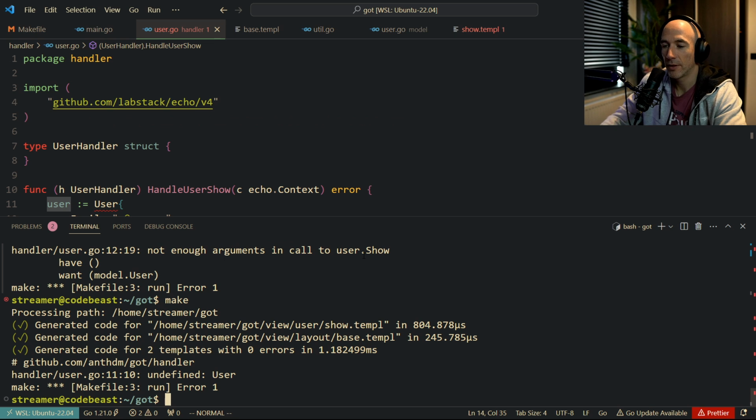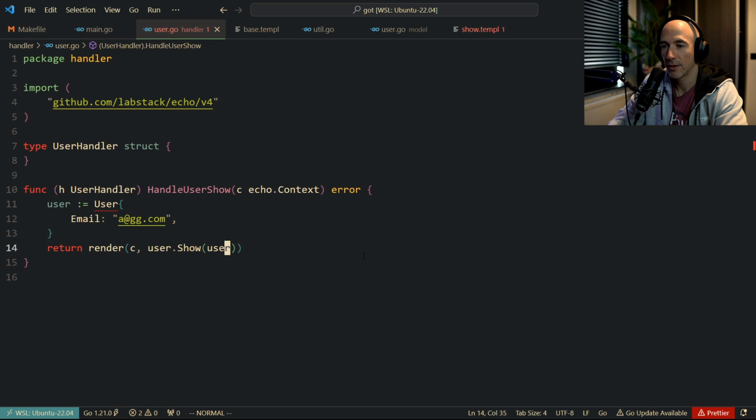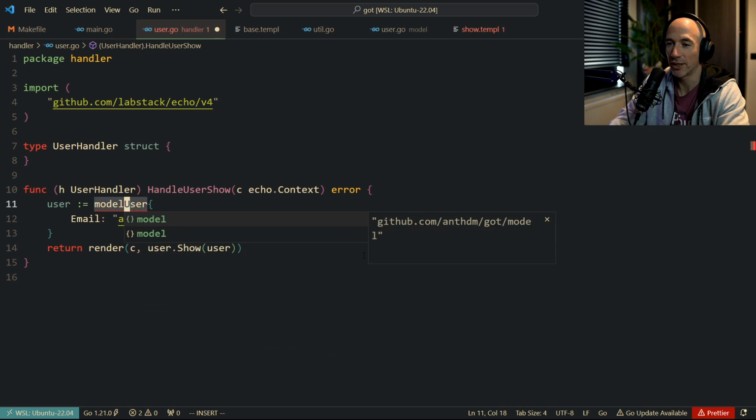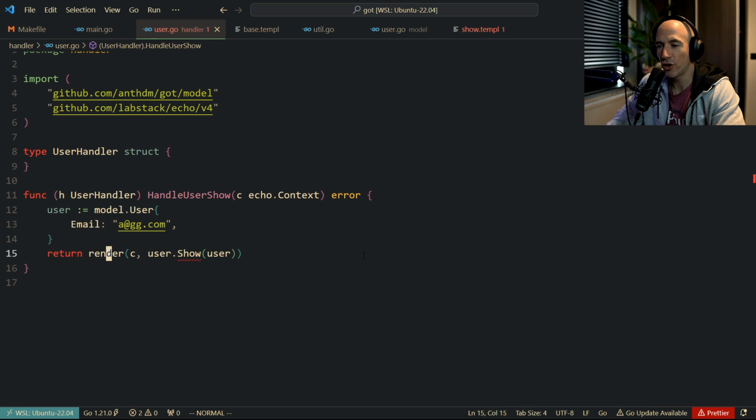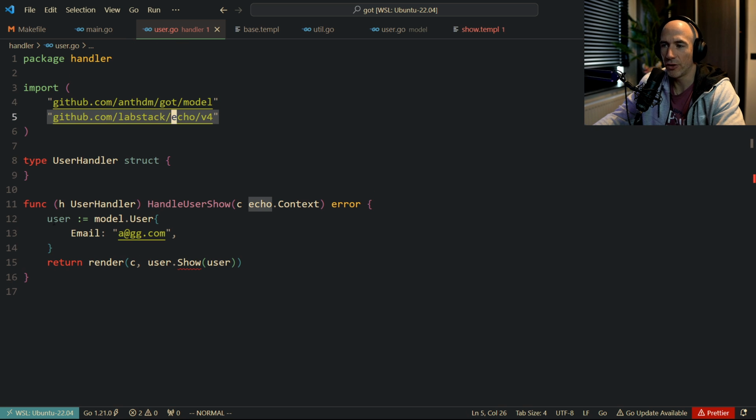What's going on? Undefined user, okay. Of course, it's not a user, it's going to be a model.User. 100% correct, man. I'm so, makes me happy. user.Show, what's going on here? Are we in problem? Yes, we are. Why? Because we have user here,